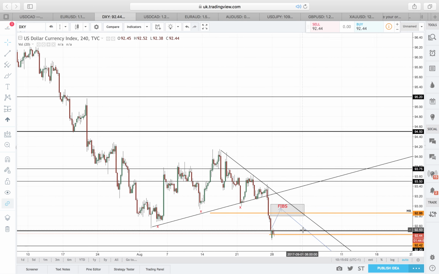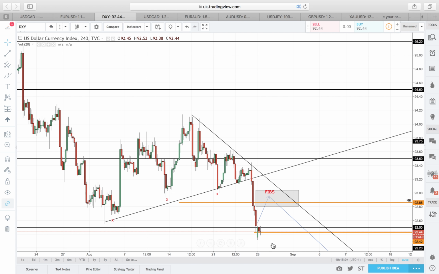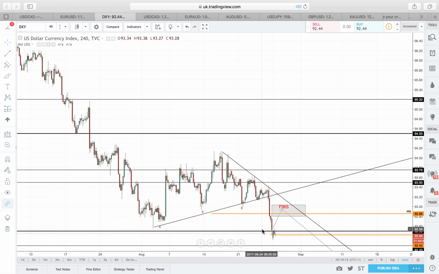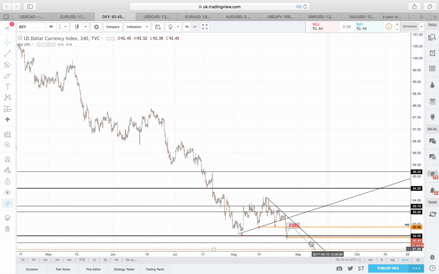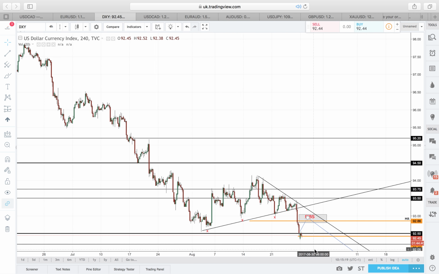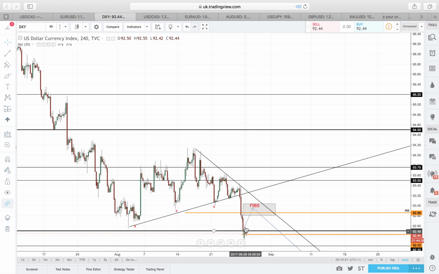Where could it retrace to? Logically, we're below 92.5. If it is really a good zone, I would expect a retracement just to 92.5, which market has done. I will look for confirmation. I expect the market to move to the level like we saw on the weekly, the next level. But if market moves above 92.5, because I'm not sure if that zone is the best.